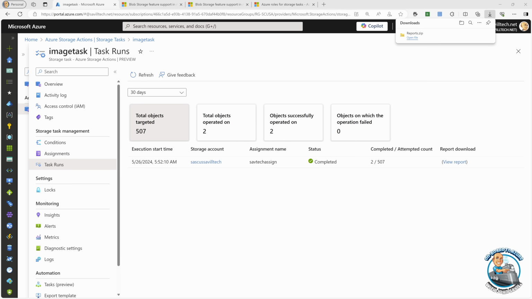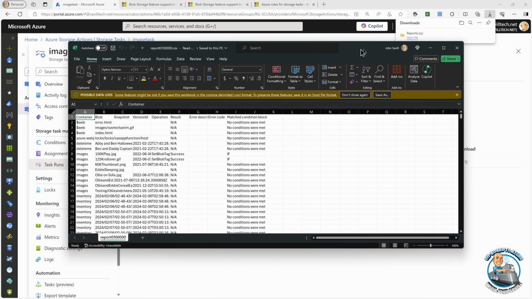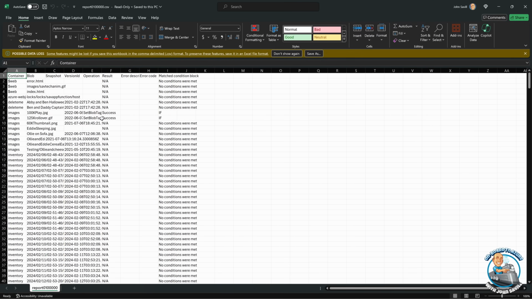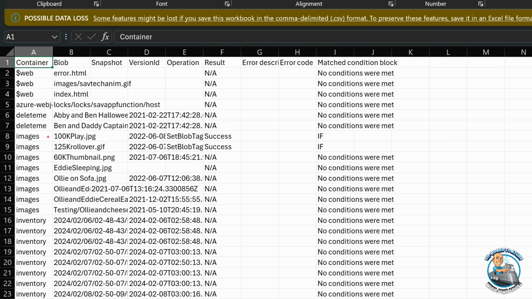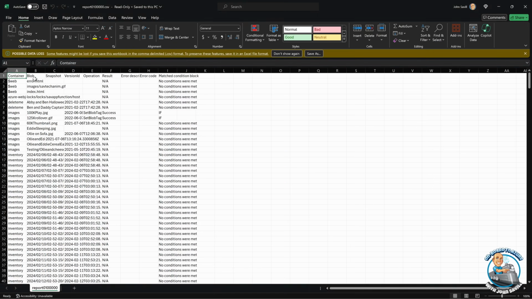And if I open it up, there'll be a CSV file. And if I drag that over so you can see it, here's the CSV file. And really, we'll see no conditions were met for nearly everything in there. It was my 2 files. And for my 2 files, we can see it met the naming, the date, it was successful when it met the condition. If it failed, notice it would show the error description, the error code. It shows us all of the other information about it. So it's going to generate that